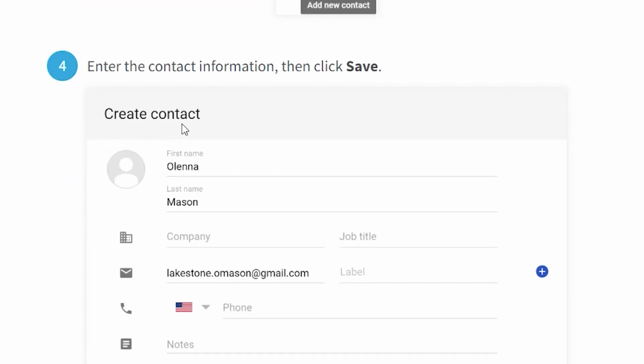Here you can create a contact: the contact's first name, last name, title, Gmail, phone number, anything you can